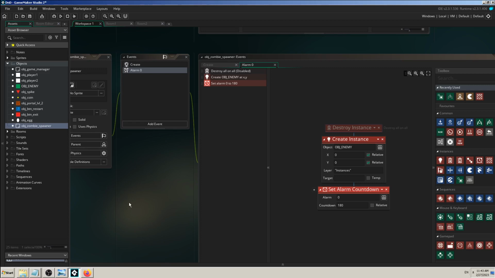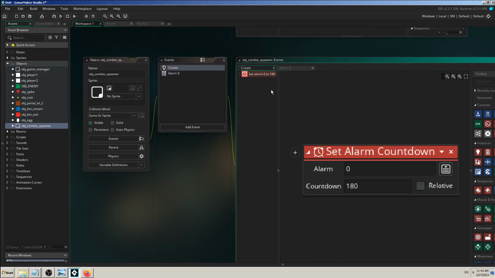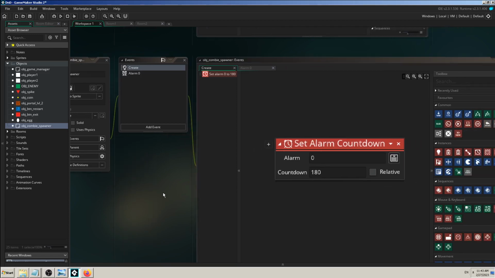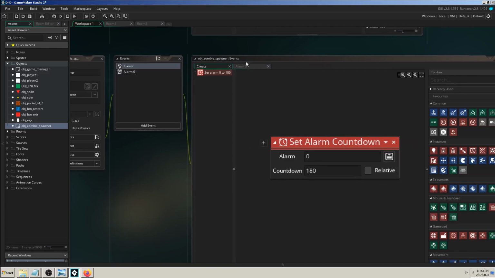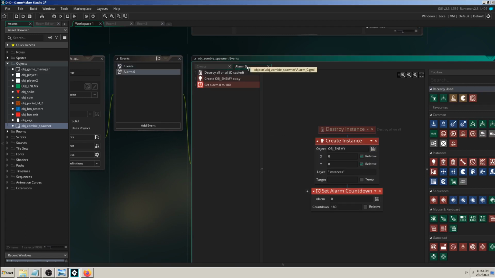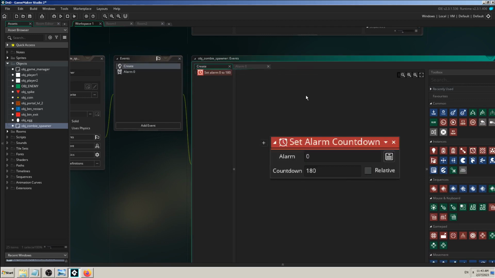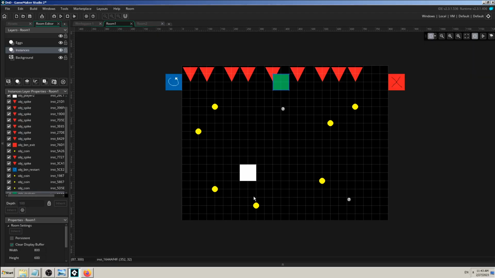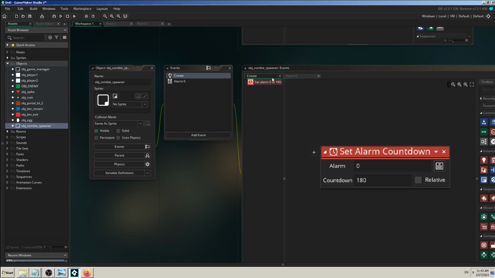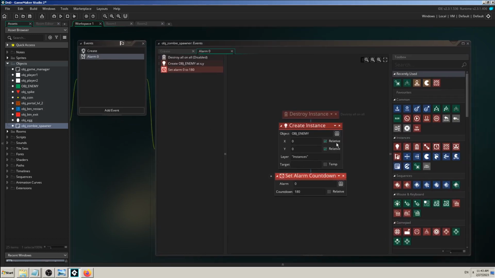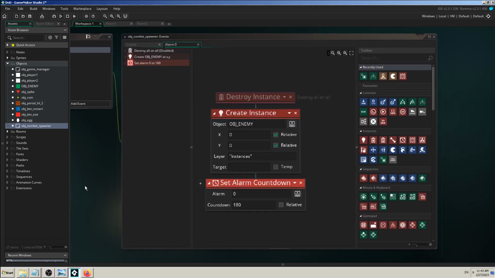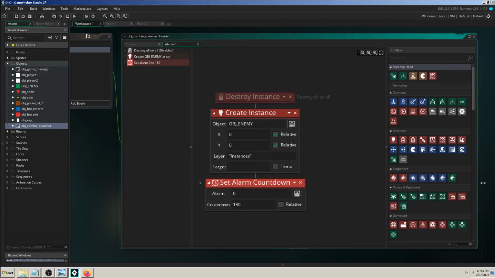So let's do it here. Okay, I will set this alarm countdown in my create event. I think that's all cool. Set it right away. My spawner is here, so it will start when the game starts. This create will start. That's all cool, but I don't want my spawner to create an instance right away when this